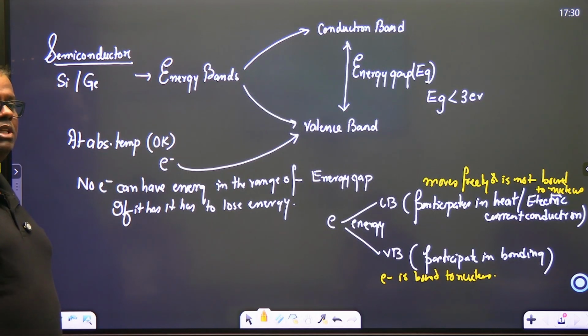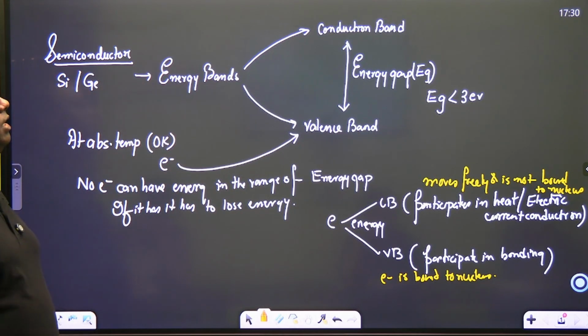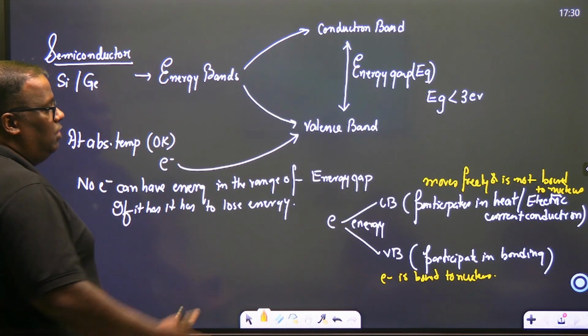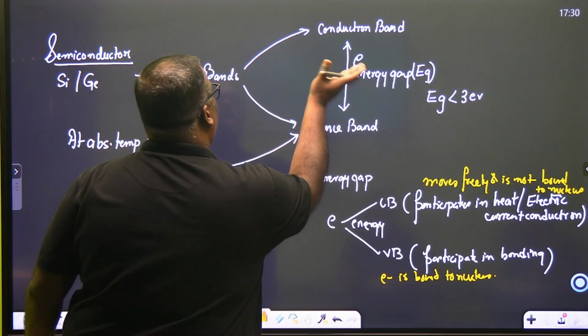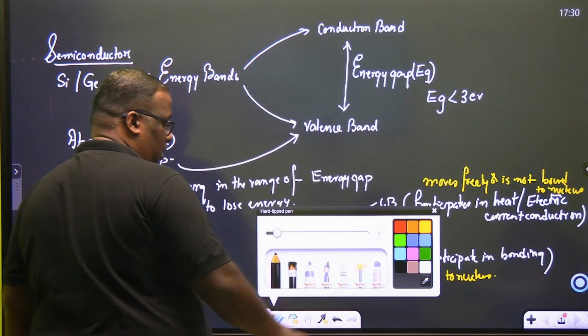And further we said that in conductors, the energy gap is not there. Conductors have very minimal energy gap, or they have an overlapping. In insulators, the energy gap is very high, more than 3 electron volt, and in case of semiconductors, the energy gap is less than 3 electron volts. That means if you supply energy in the form of heat or light, the electron can be excited to move from valence band to conduction band. Shall we go ahead today?